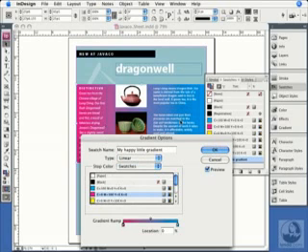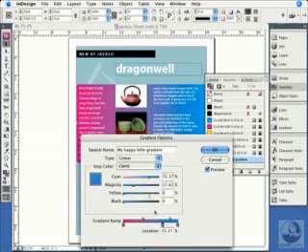If I choose to, I could add an additional gradient ramp stop to the blend here by clicking underneath this ramp. Now I've got an additional gradient ramp stop, and I can change it to any color I want. Let's pick maybe a yellow color in here, kind of an ochre color.